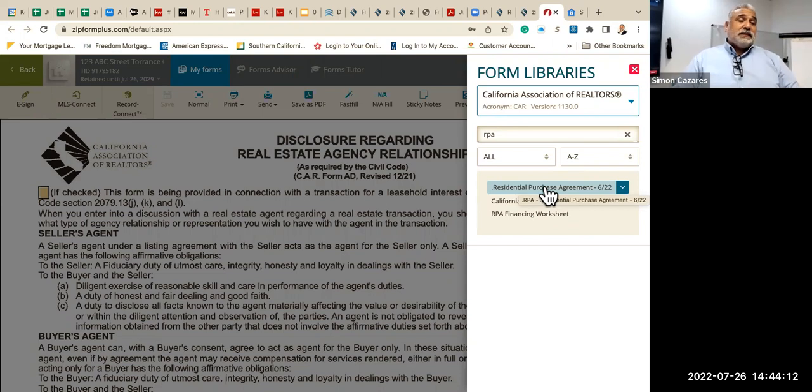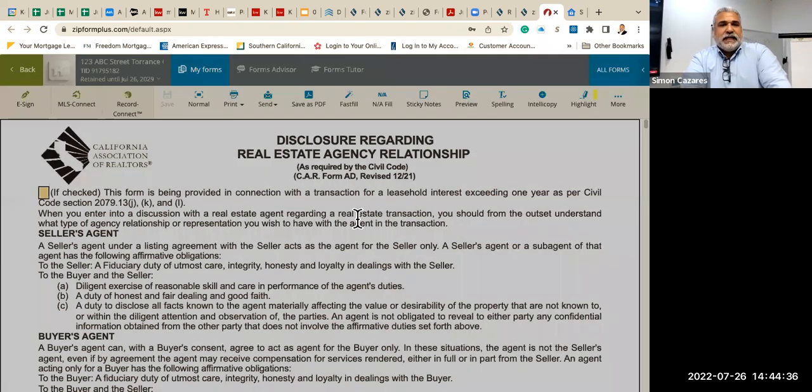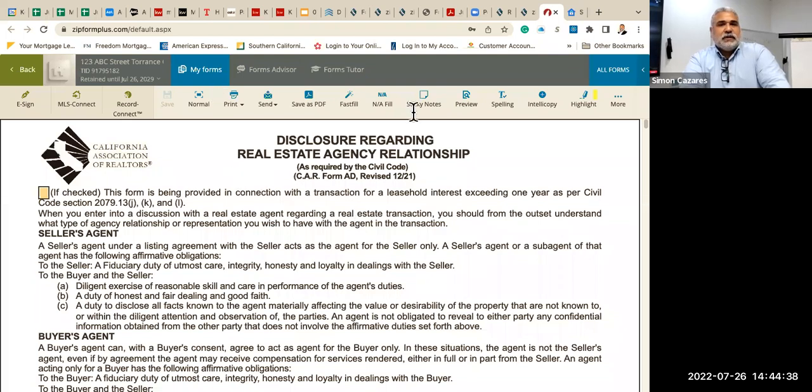Now, with that being said, if there's tenants or family members that are paying rent, then you can use the RIPA form, the Residential Income Purchase Agreement, okay? And you can add that. So here, for the sake of today's class, I'm going to include the Residential Purchase Agreement, right? I'm going to click on that, and that's going to populate already in my folder. So now if I go back,